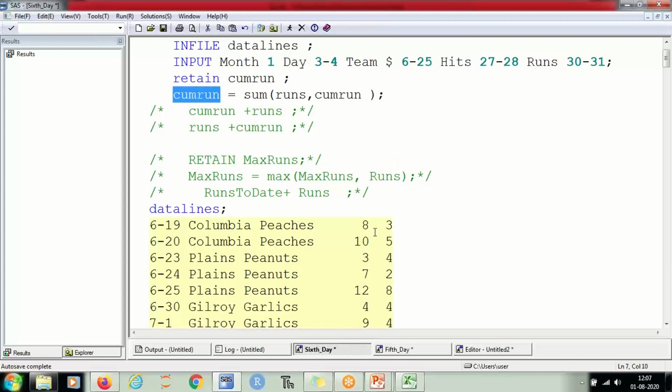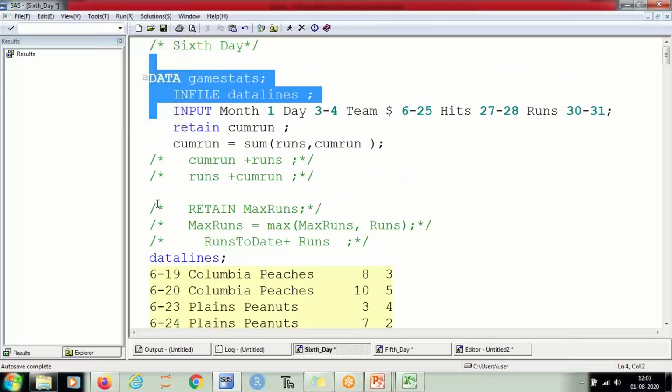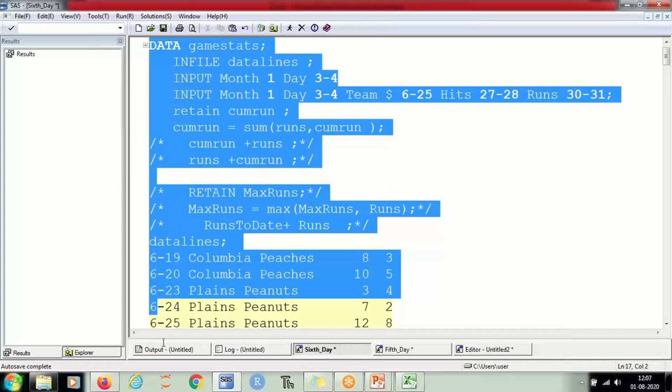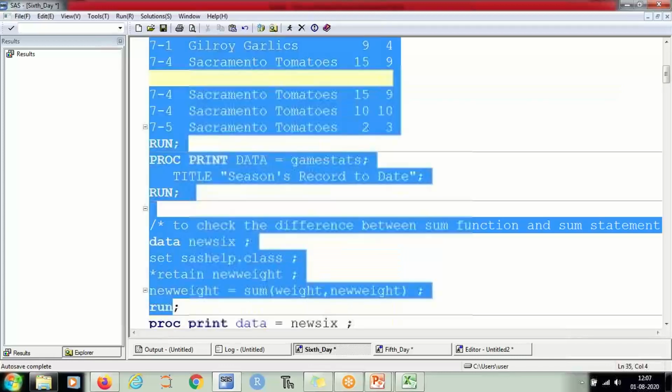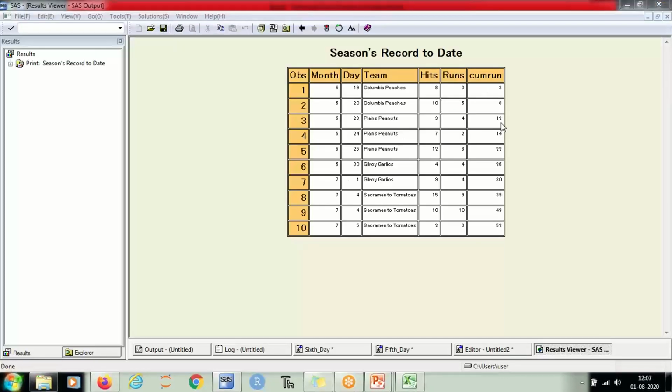Now I want to calculate cumulative run, which means someone will be adding this to this, this to this, right? So 3 plus 5, 8, 8 plus 4, 12, 12 plus 2, 14, 14 plus 8, 22, 22 plus 4, 26, 26 plus 4, 30, and so on.